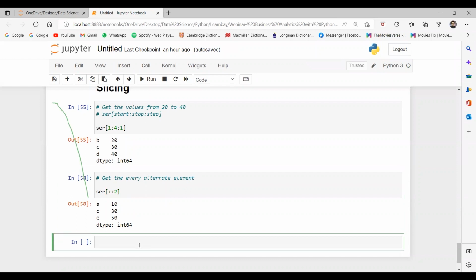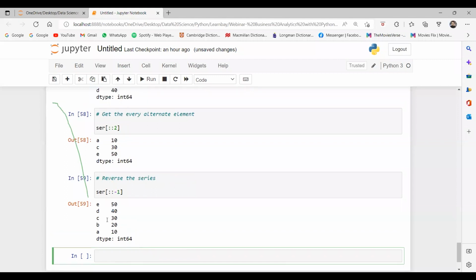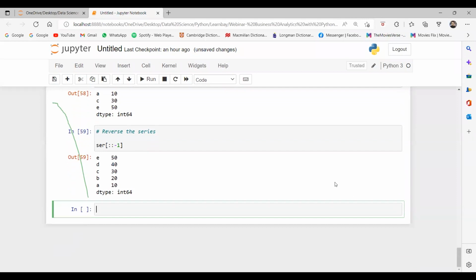For example, you want to reverse the series. Then you can use series like this. Start index won't change. Then you just have to say -1 and it will be reversed. Can you see along with the indexes? Yes. Fine. So this is the syntax to reverse the series. I hope you understand what a series is. You can say a single column in the table. Every single column in the table is known as a series in pandas. Fine, guys.